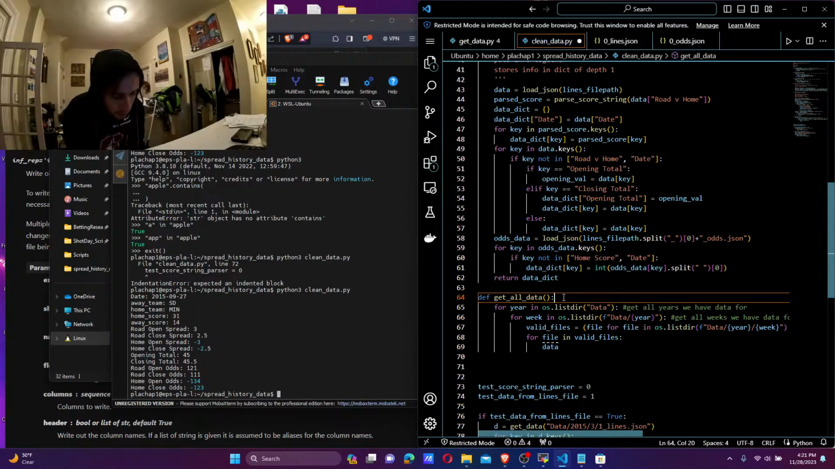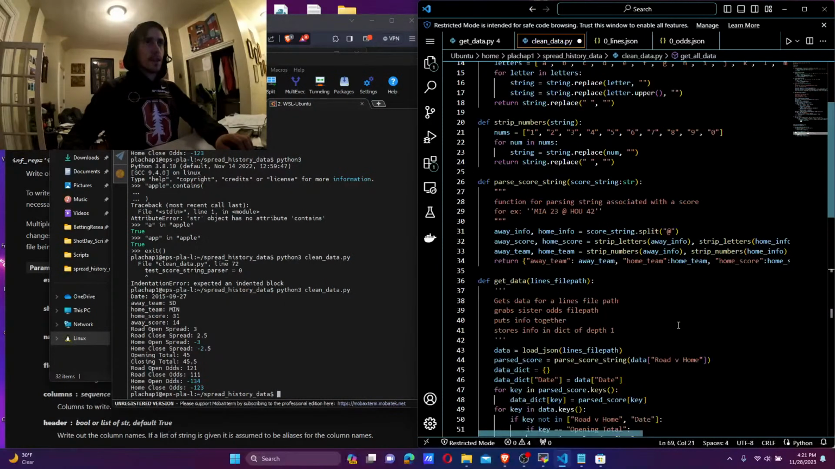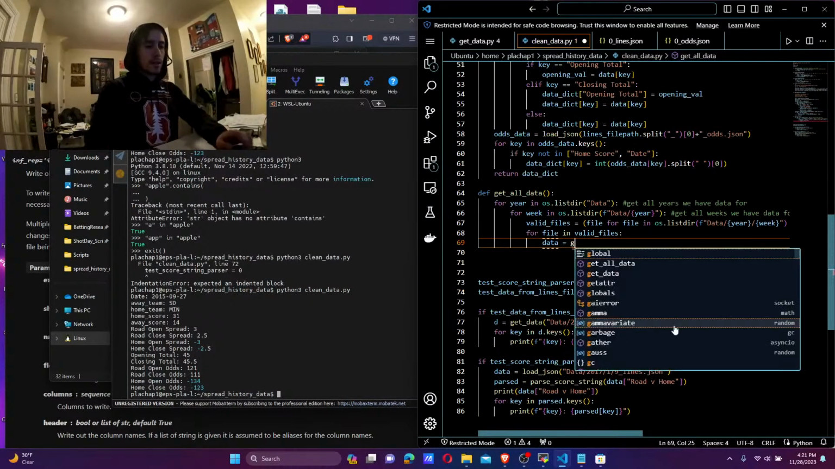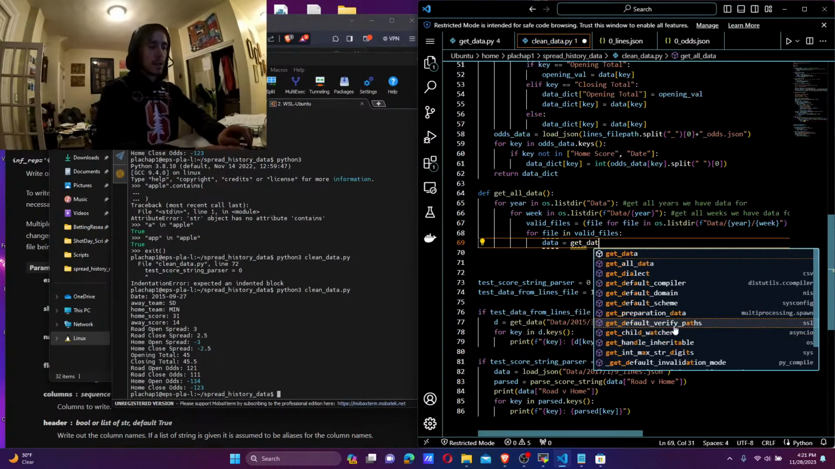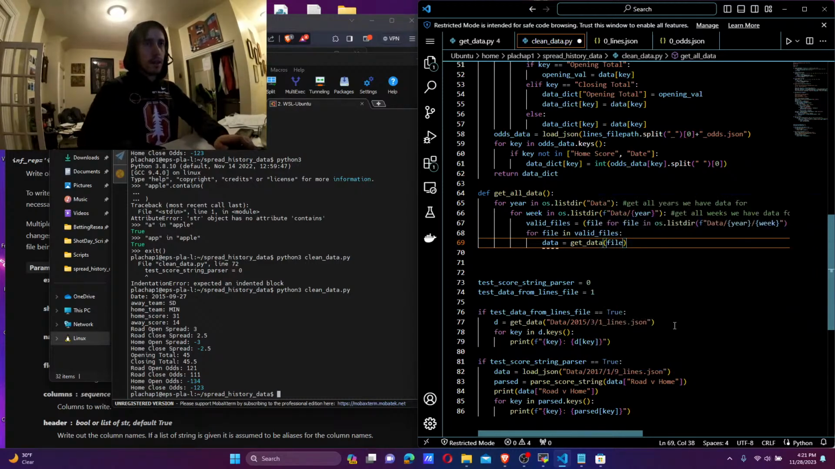Let's try to think. For file in valid files, so we do know, obviously, we have to get the data. So for file in valid files, get data. Data is equal to get data of file. Now that we have the file,